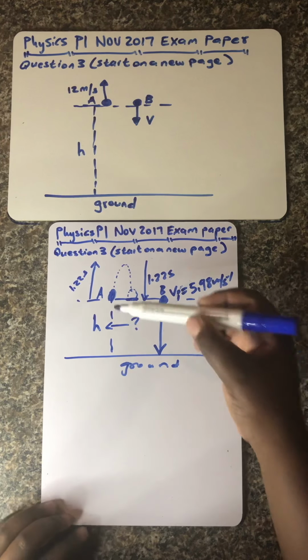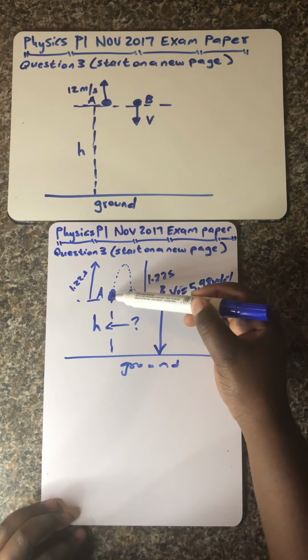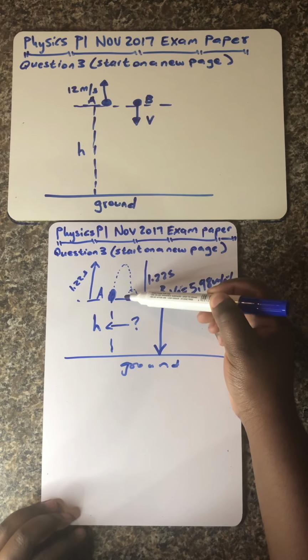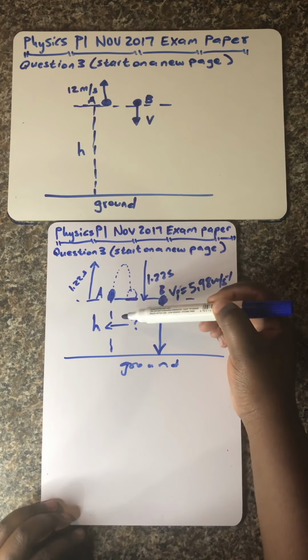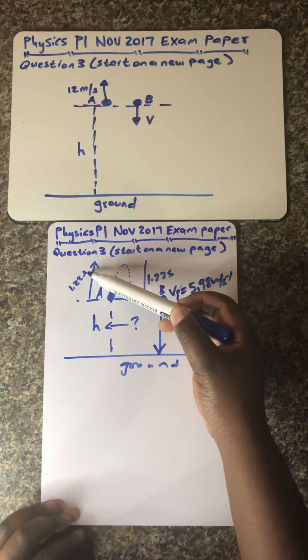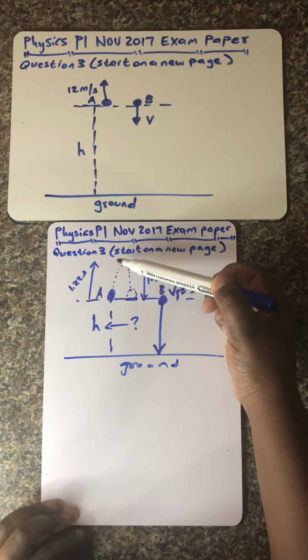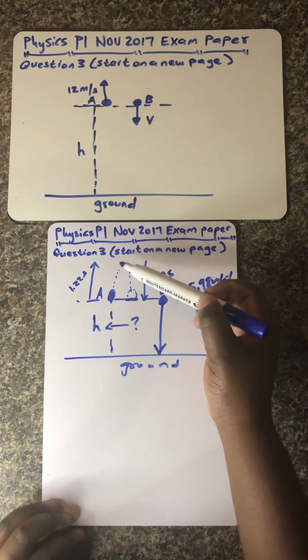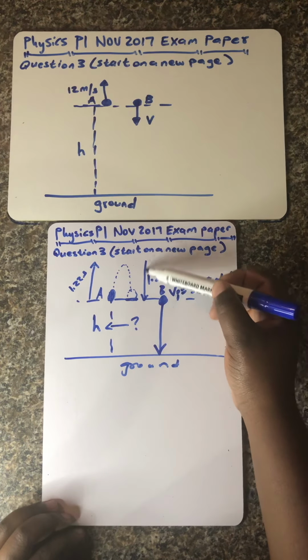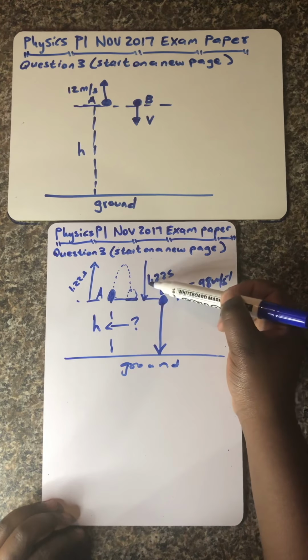So remember guys, I've just indicated that the time taken for an object to go up will be the same time for an object to return to its original position, or to the position from where it was projected vertically upwards. So we calculated from the first question, it took 1.22 seconds for it to reach its maximum height, where its velocity final was 0. So the time taken to come back to that position is going to be the same